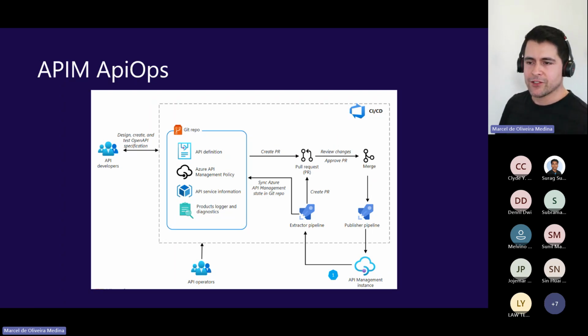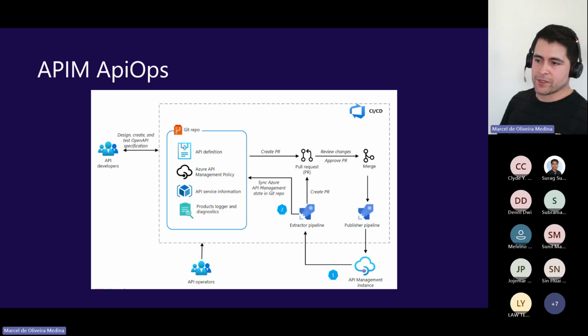Okay. The initial step was this one. For me, I want to show what API developers and operators can do. But it always starts here. When you provision your API management instance, you're going to do it through Bicep, right? Azure Bicep, Azure ARM template, or you could even do it from what I call ClickOps, right? Or directly on Azure. In general, you're going to automate things, but you're always going to start with the out of the box template for that. And then from there, you're going to remove things or add things.